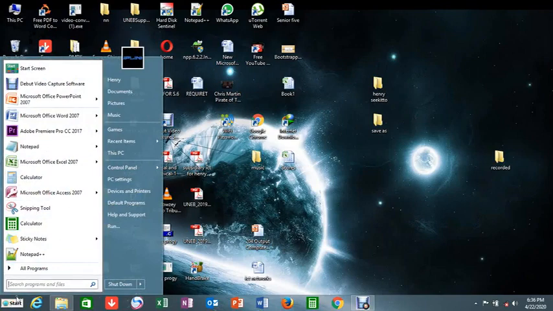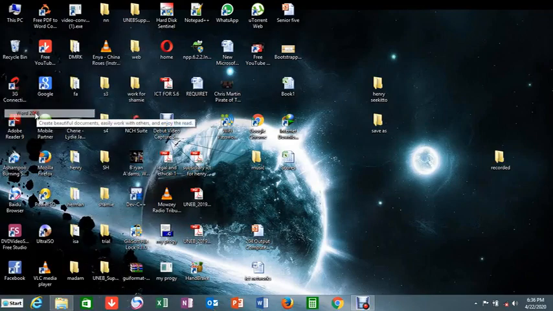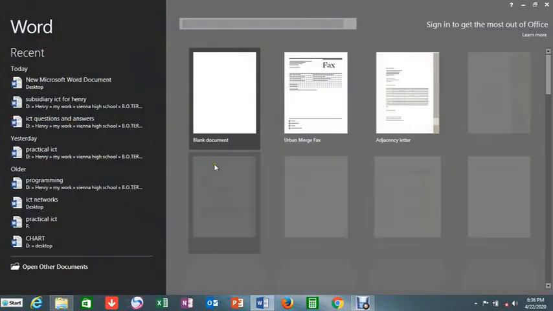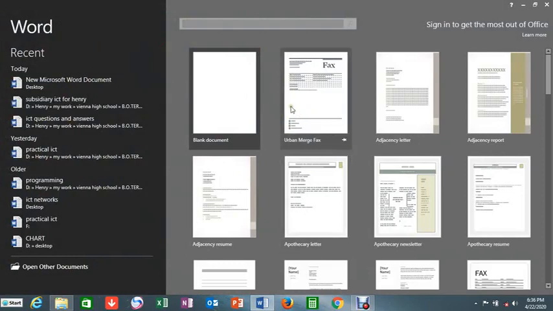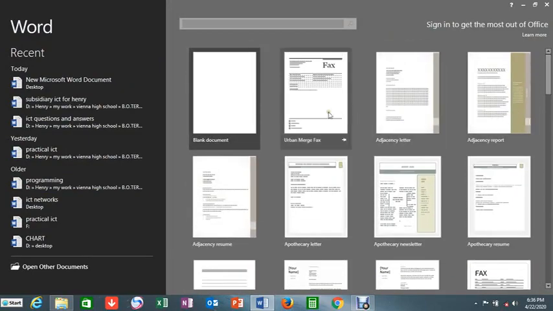So we shall come on to start. We come and say programs, then look for our Microsoft Word 2016. So when you load it, it will load like that. Specifically, when we load Microsoft Word, it doesn't bring this interface as you see here. But 2016 specifically gives us an interface where we also have some templates. Templates are some documents that you can modify to suit your need. Specifically, if you want a fax, you can choose this one, then modify it the way you need. But for us, we are going to use what we call a blank document. So I'm going to click on the blank document.